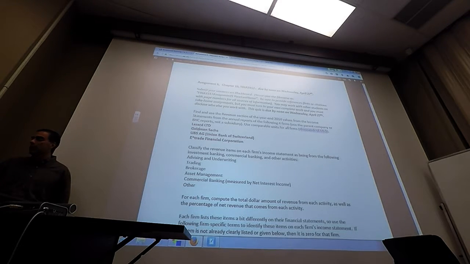Now, these firms aren't the same size. Basically, two of these firms are big. Goldman and UBS are very big firms. Goldman is generally considered one of the most traditional, well-known, respected, or hated, however it is, investment banks in the world in the U.S. They are known as the investment bank of Wall Street and everything. So they're going to have a lot of that.